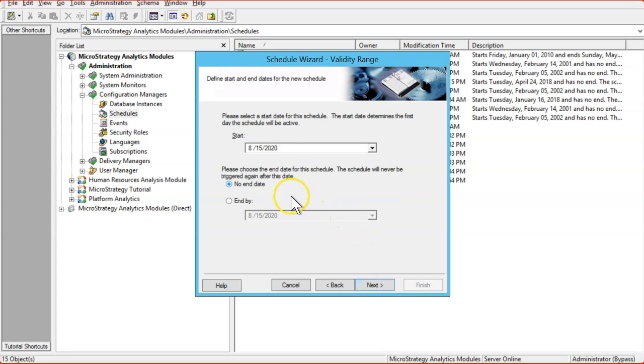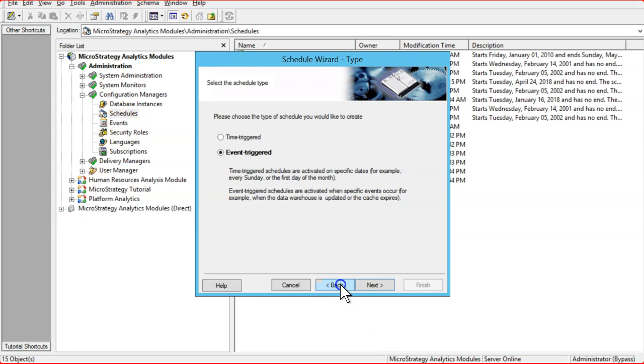You need to create these events here, and then you can attach those schedules to your events. The event trigger schedules are activated when specific events occur, for example when the data warehouse is updated or the cache expires.